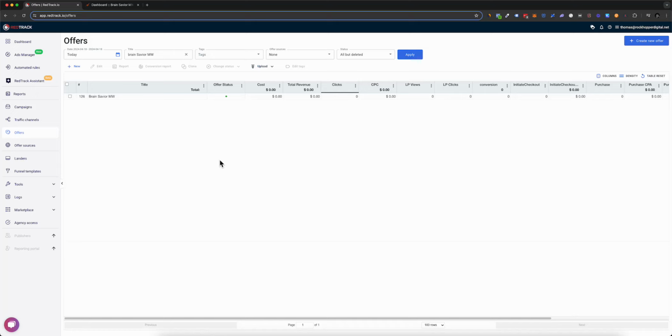And that's enough for us to be able to optimize and scale, especially when we actually have the correct data inside RedTrack, which is 100% accurate, where we know exactly which ad set, and a ton of different things that we went through in the data deep dive in RedTrack, which we can use to optimize our